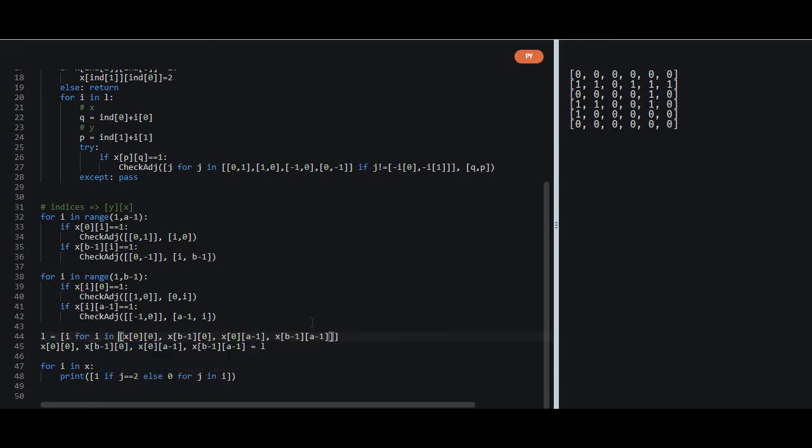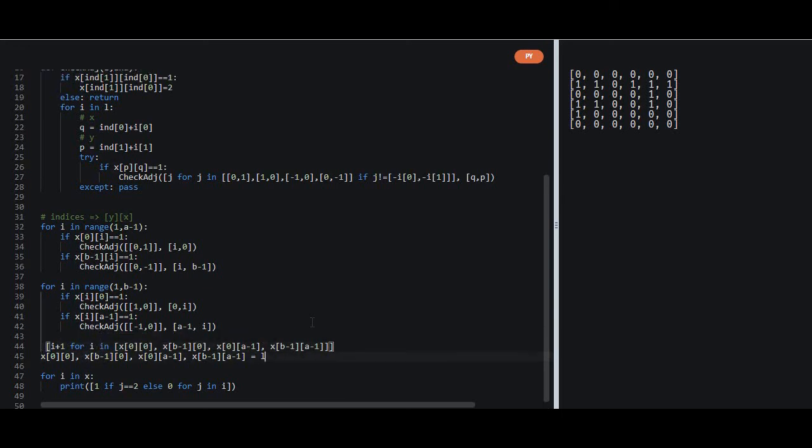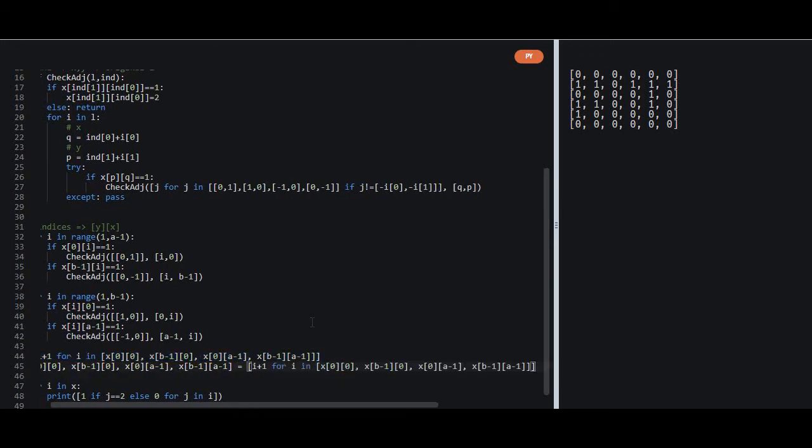I for I in this whole list, and we can directly now, sorry, I plus 1, it should be I plus 1, and now we don't need an extra variable for it. We can just add a backspace to it. You can copy it, paste. Now it should show the same output.